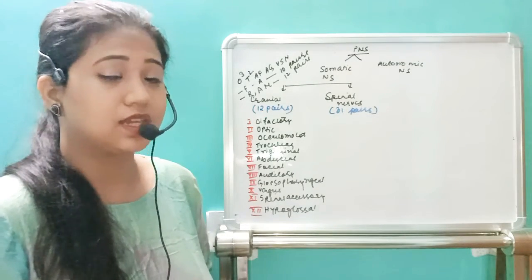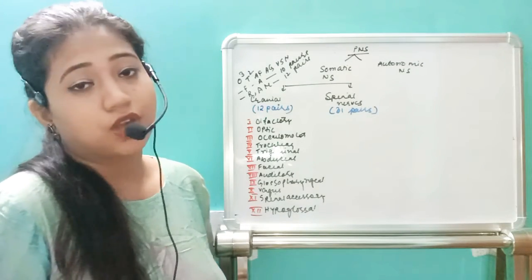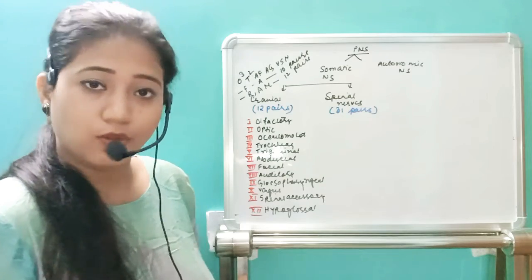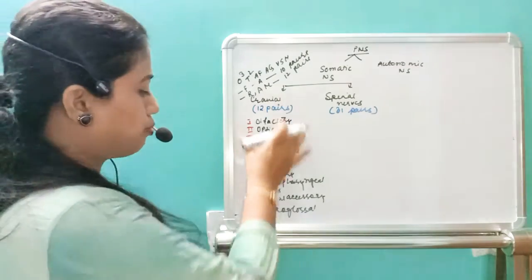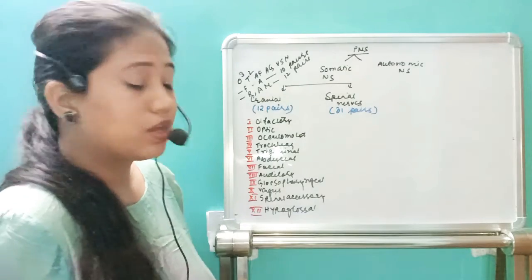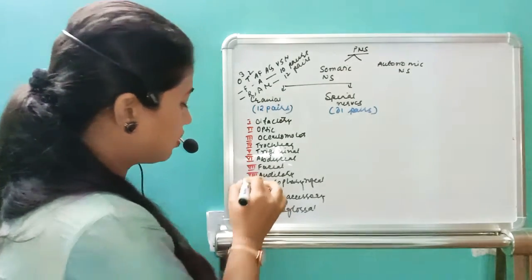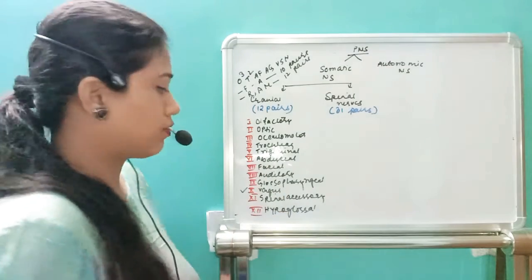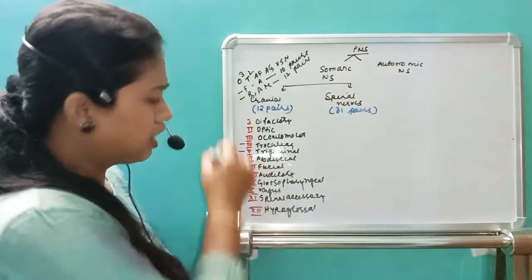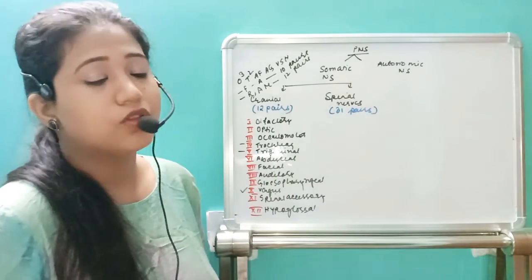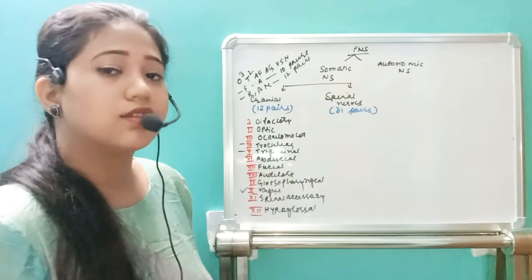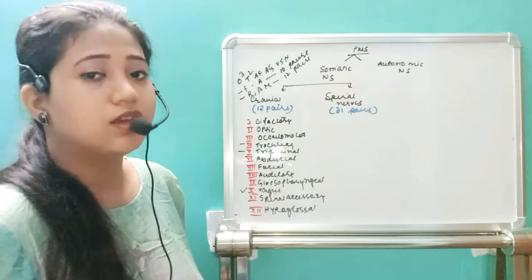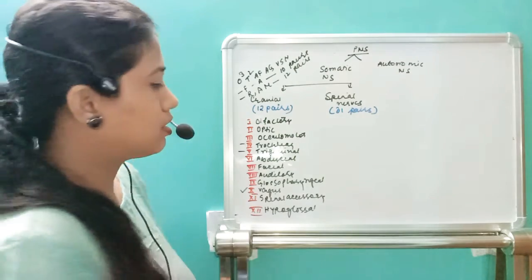Right from the reptiles, 12 pairs of cranial nerves arise from the brain. They perform a number of functions. The function of the vagus nerve is asked, the function of trochlear, trigeminal, any of the nerves may come. If you can remember these, it is very easy, and this may come in